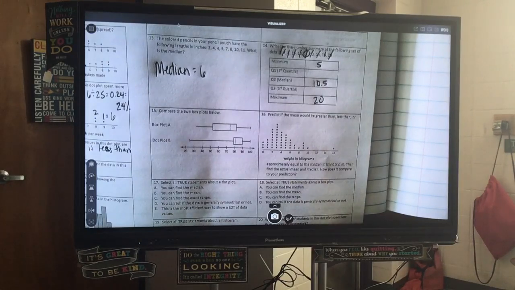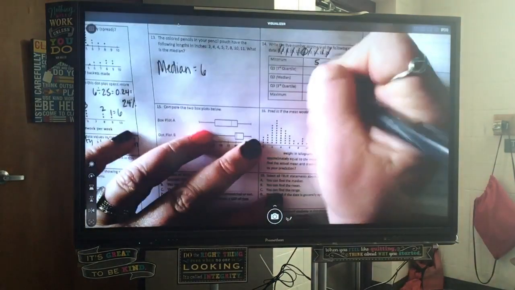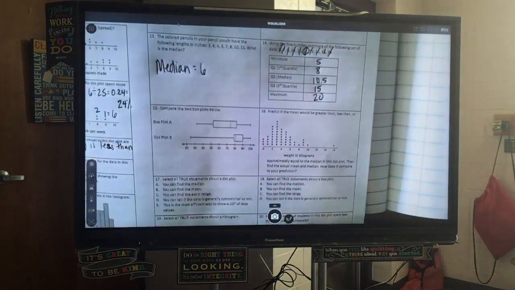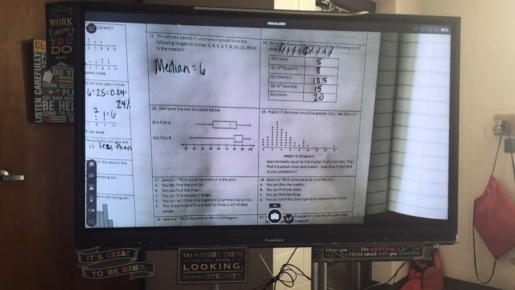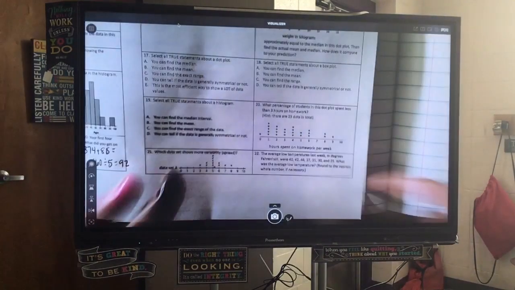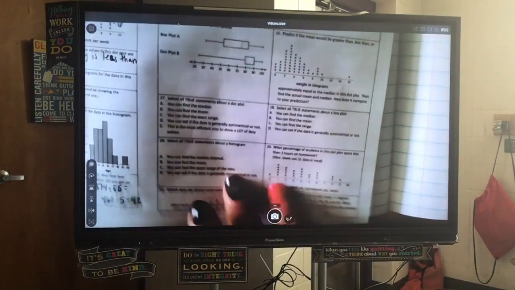Okay. So it's 8 and 15. I gotta check my answer. Yes, I agree. Correct. So it should be 8 and 15. Stop, y'all. You're getting off task. All right, number